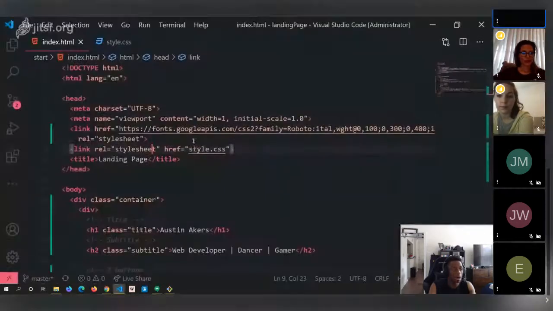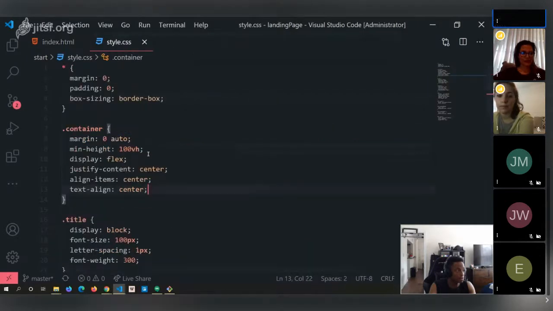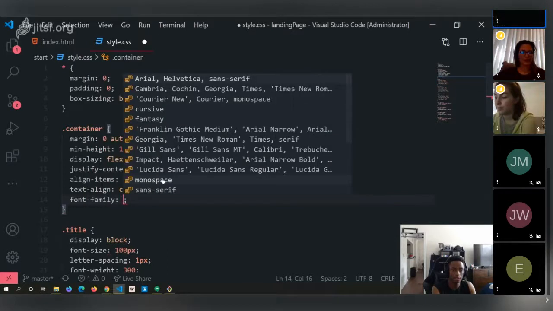Okay, so how are we going to do that? What we'll do is that we're going to go inside our styles, inside our CSS. Okay, and under this, what we're going to do is say, hey, you know what? Inside our container, I want to give anything inside our container the